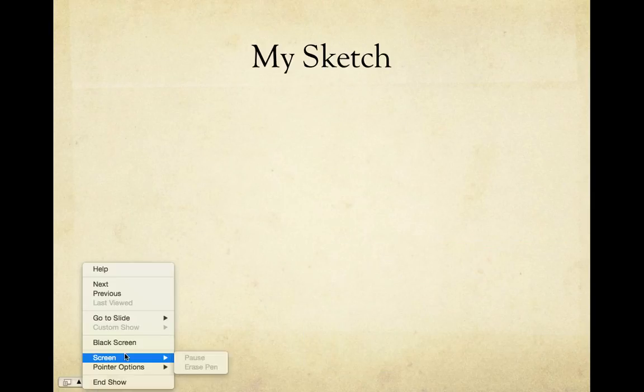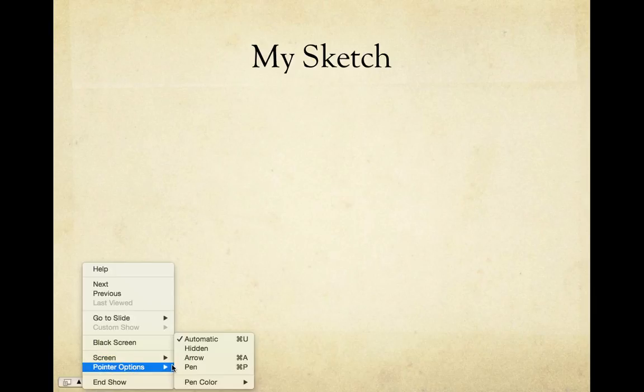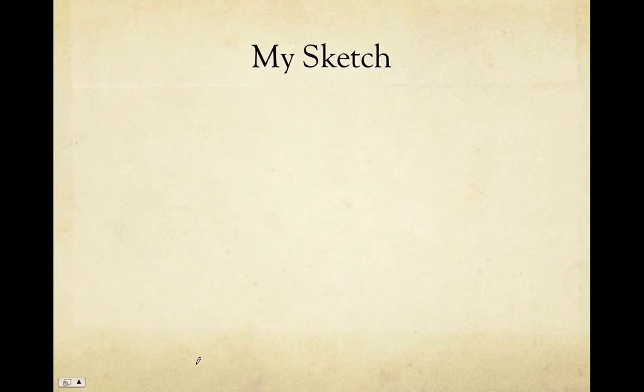To give an example of a sketch, I will use the detail